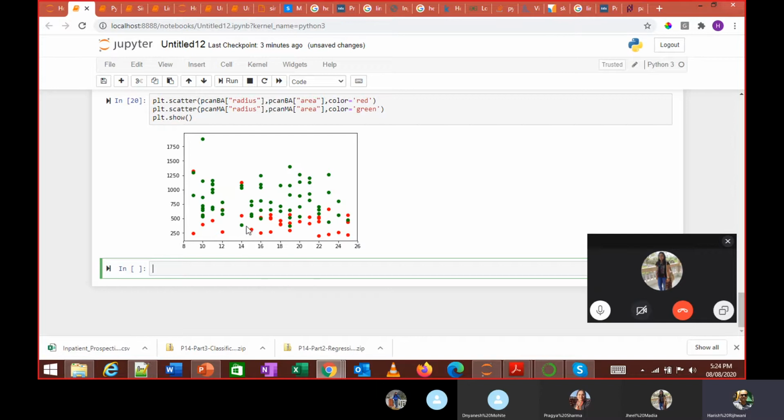When I see this, I plotted radius and area. Though there is a red point over here, you can actually kind of see a cluster like this. The values below this are red, and values above it seem to be okay. There are some outliers, but I can actually make out the pattern.